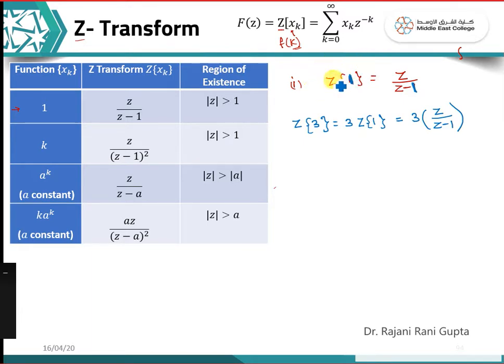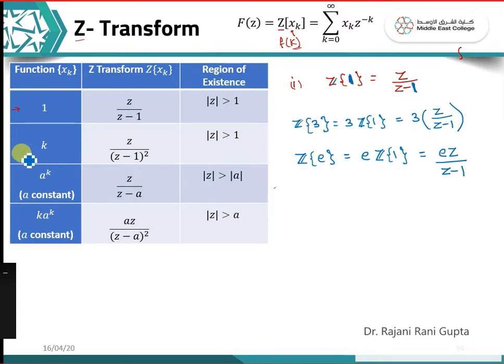Now for the operator, I'll write it like this, script Z, to differentiate between the operator Z and the normal z. Similarly, if you need to find the Z transform of, say, e, where e is a constant, you can write e times the Z transform of 1, because we can express any number as a multiple of 1. So it will give you ez over z minus 1.